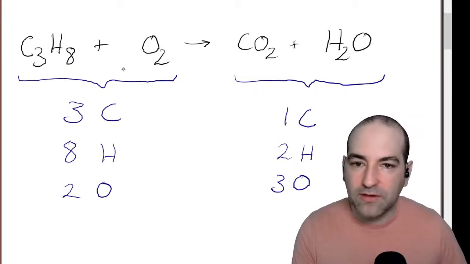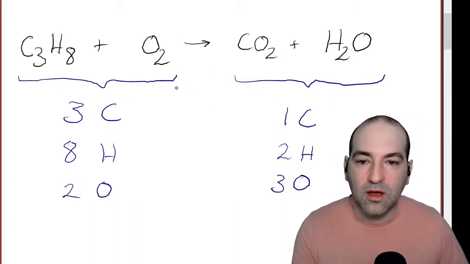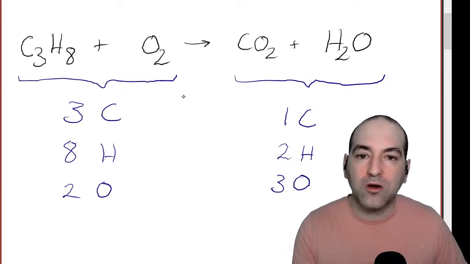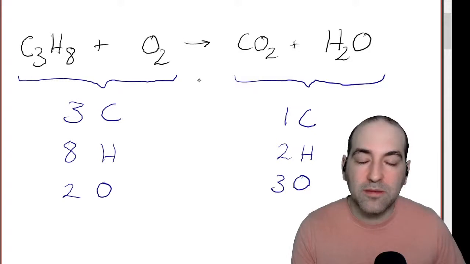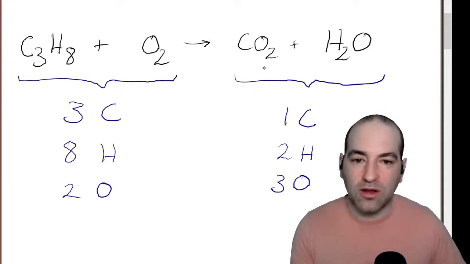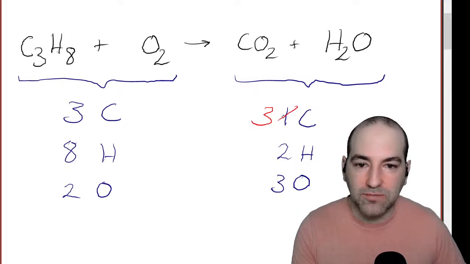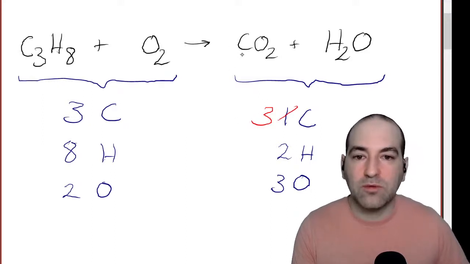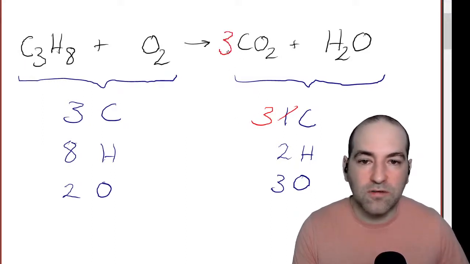We've got 3 on the left and 1 on the right. And now we want to think about how should we change the coefficient so we have the same number on both sides. So don't think about how many you have to add, because we're not really adding them. We just want to know how many total do we want. And then the total number we want on this side is 3, right? So that they're both 3. And to get 3 on this side, we need to put a 3 here as a coefficient,